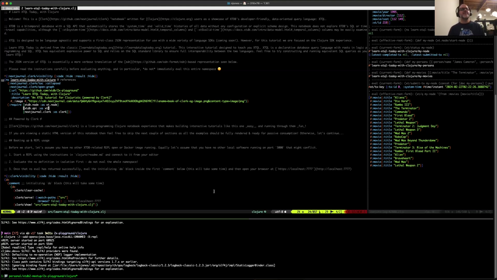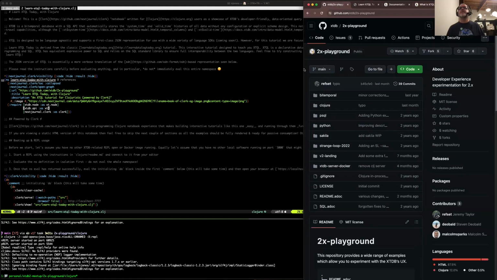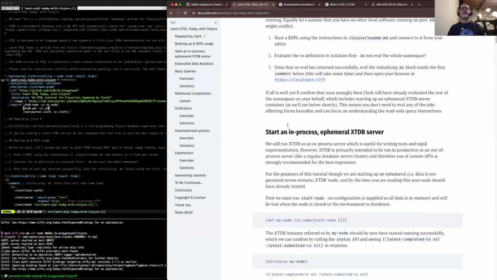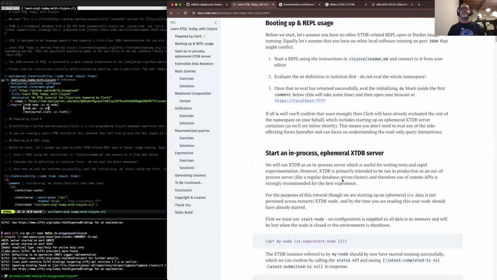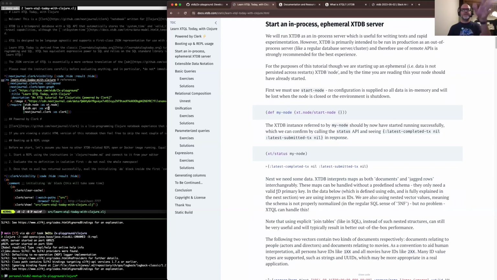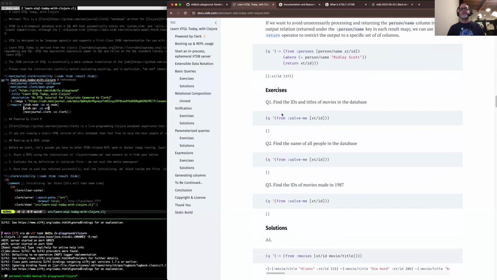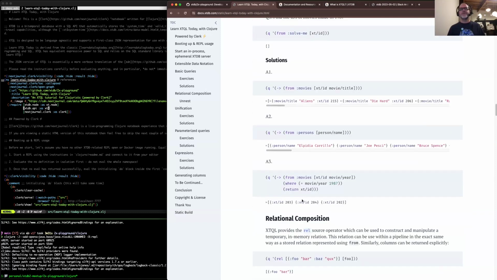What I was saying before we started recording was that when we were going through XTDB 1, there were several notebooks, but they were on Nextjournal, and so we could actually execute them live. The playground stuff now uses Clerk, so it's got a static rendering of the code. So when you get to the exercises, we can't actually try them out. We could just look at the solutions, but